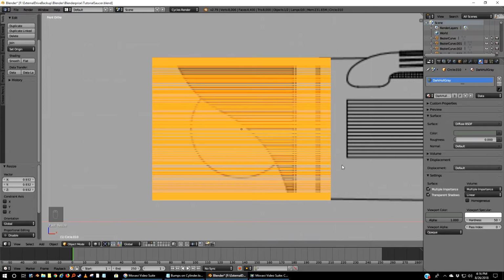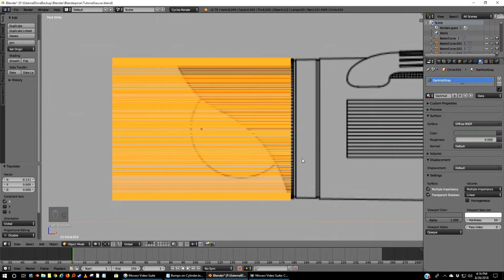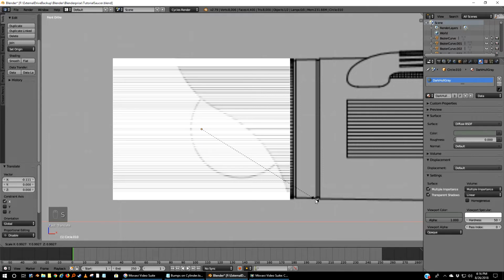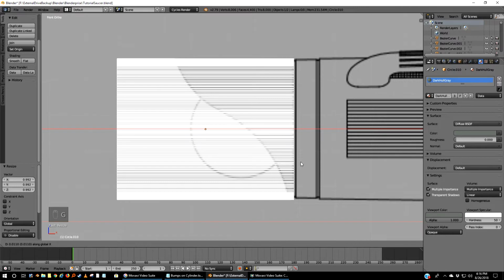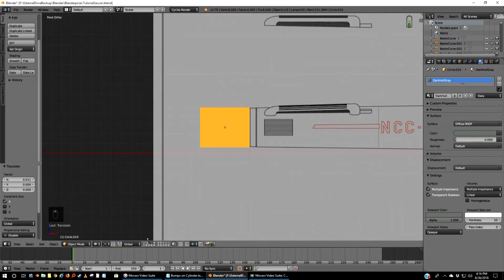Okay. So now I'm going to include these Z. Now I don't need two of these objects in the same space at the same time, so I'm going to take my